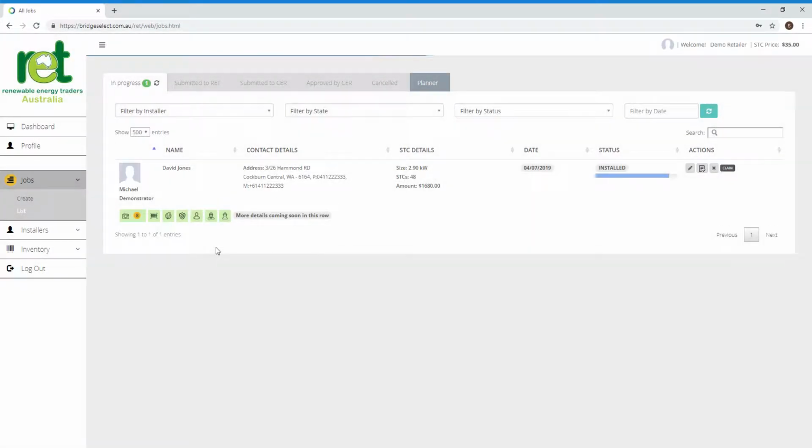Now just bear in mind, this is part 3, so this is where the installer has actually completed his or her tasks on site, and now you're logging back into the portal to complete the application and submit it to RET. At this point, you'll need to attach a copy of the customer invoice to page 4 of the application in the portal. So for this particular one for David Jones, what we would do is go into the